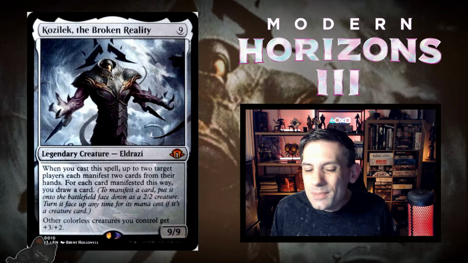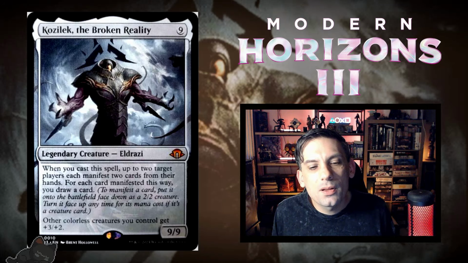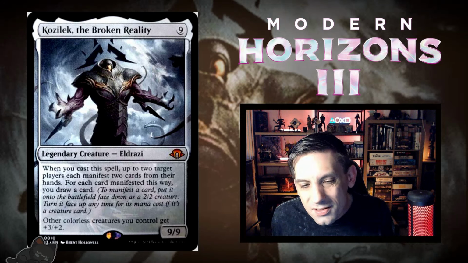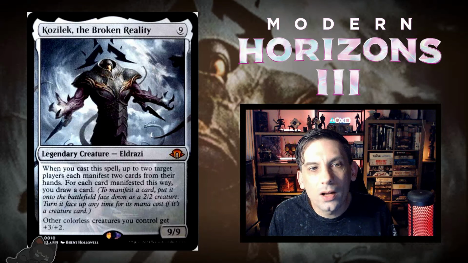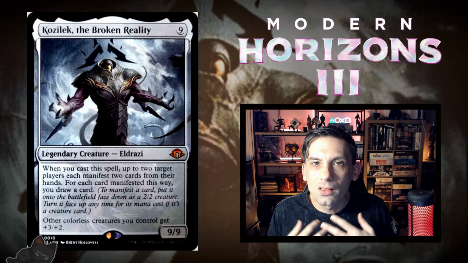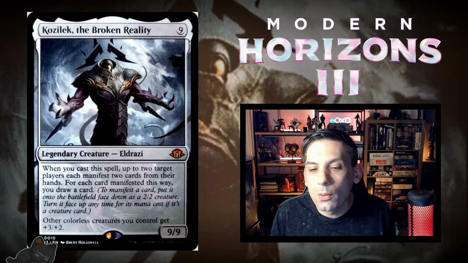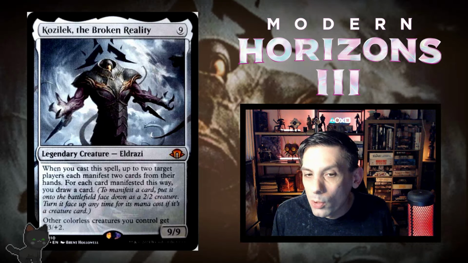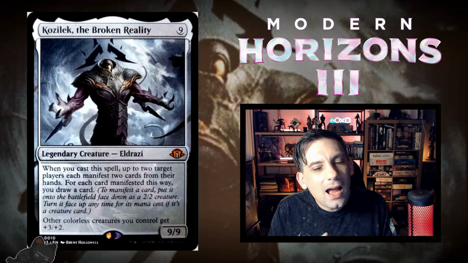So it seems kind of crazy. It's also crazy when you think about the fact that it's a cast trigger, so they can't counter it, right? You're drawing the cards no matter what, you're getting the creatures no matter what, even if they deal with the Kozilek, you have your value. So this works kind of perfectly for slotting into a normal Eldrazi style deck, and I'm kind of excited to